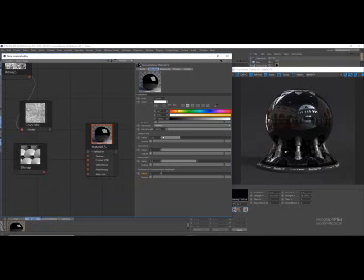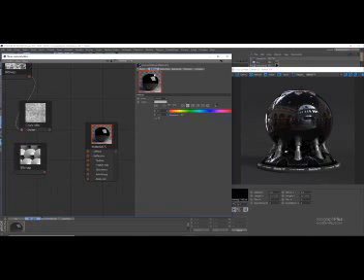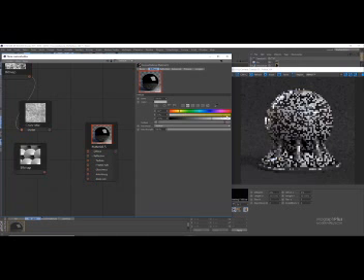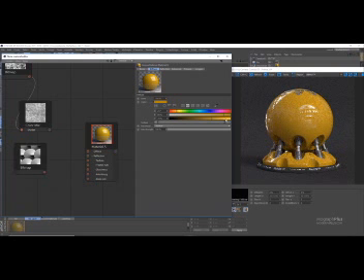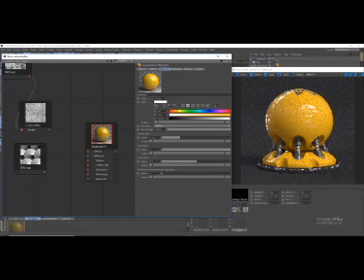Now I want to discuss how to use reflection level, glossiness, and Fresnel IOR values to create different materials. If you are coming from other render engines, you probably tend to adjust and alter all of these 3 parameters to get the shader that you're looking for. For example, if you wanted to create a yellow plastic, you would set the diffuse color to yellow, reflection level to something like 40-50%. Glossy